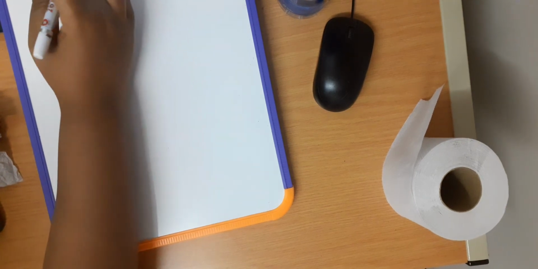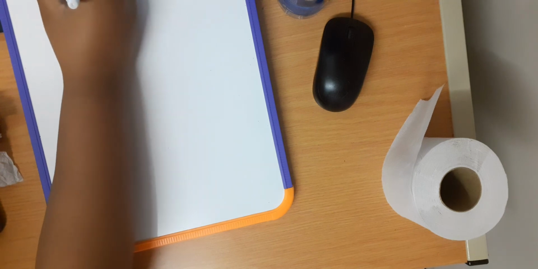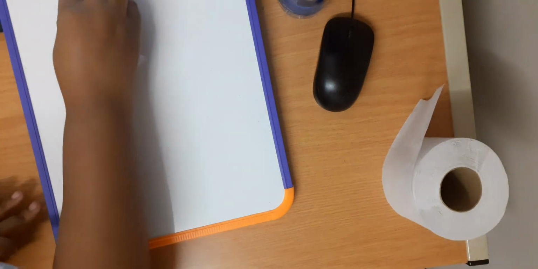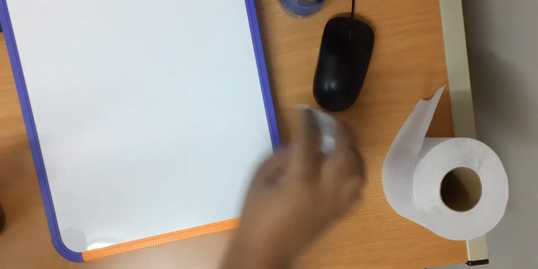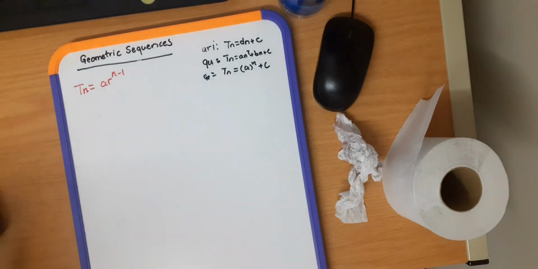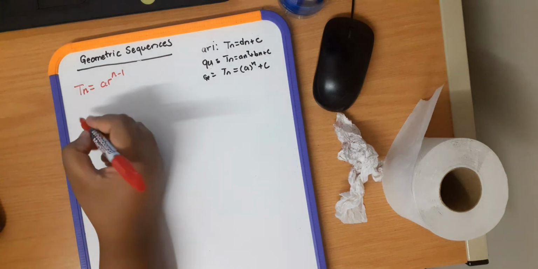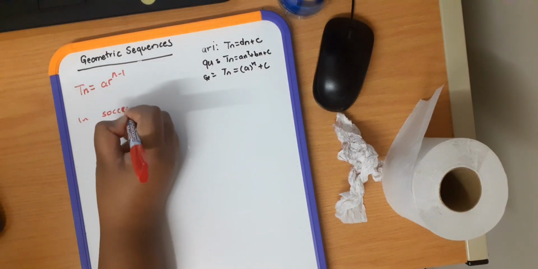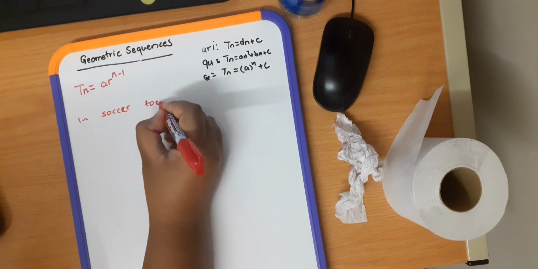Okay, let me just use one sequence so I don't confuse it. We're going to write it like that. So we can have an example. We'll talk about soccer. This is kind of a long example. So in a soccer tournament, we have